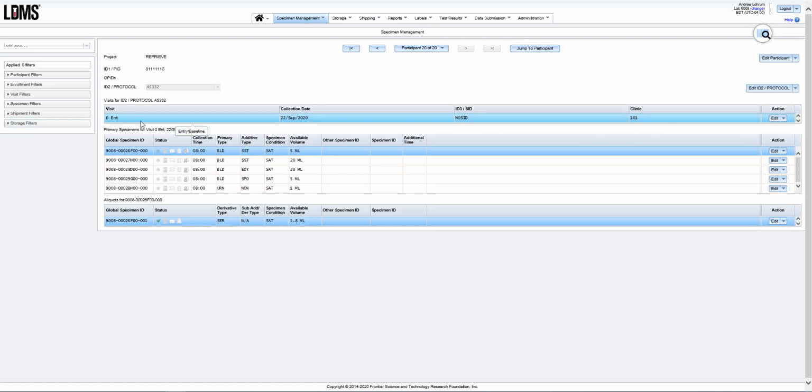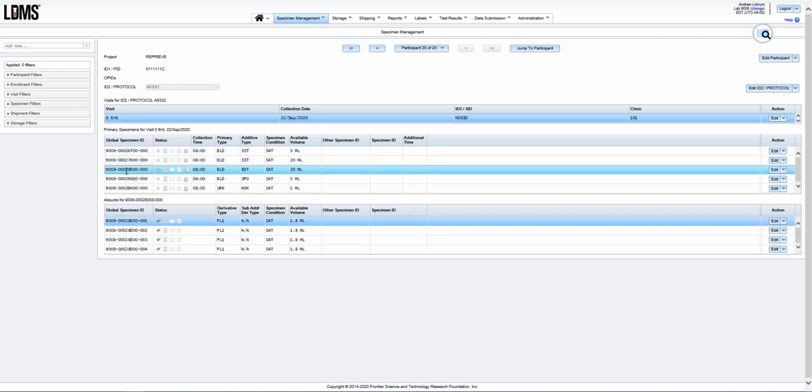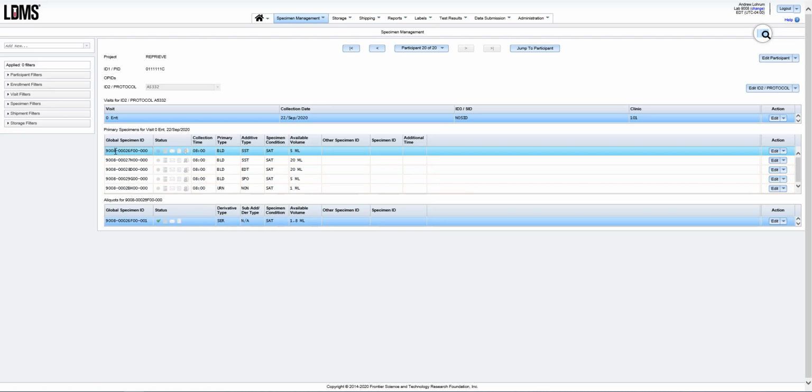Once you highlight a visit in blue, you'll see the primary specimens collected at the visit. And if you highlight a primary in blue, you'll see the aliquots that were created from that primary. Now moving from left to right in the primary grid, we start with our global specimen ID that we saw